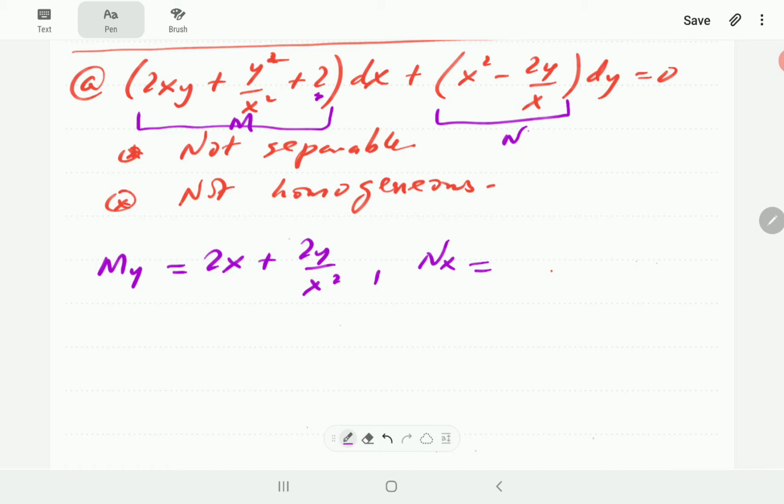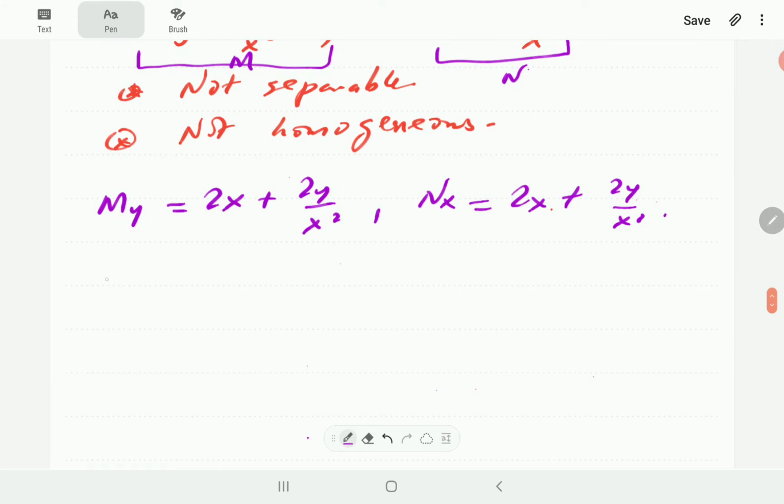Then we differentiate n with respect to x. Derivative of x squared is going to be 2x. Derivative of 1 over x is negative 1 over x squared. So that term is going to be 2y over x squared. Now you're going to notice that these two are the same. So my is equal to nx, or let's write this. So let's say ODE is exact